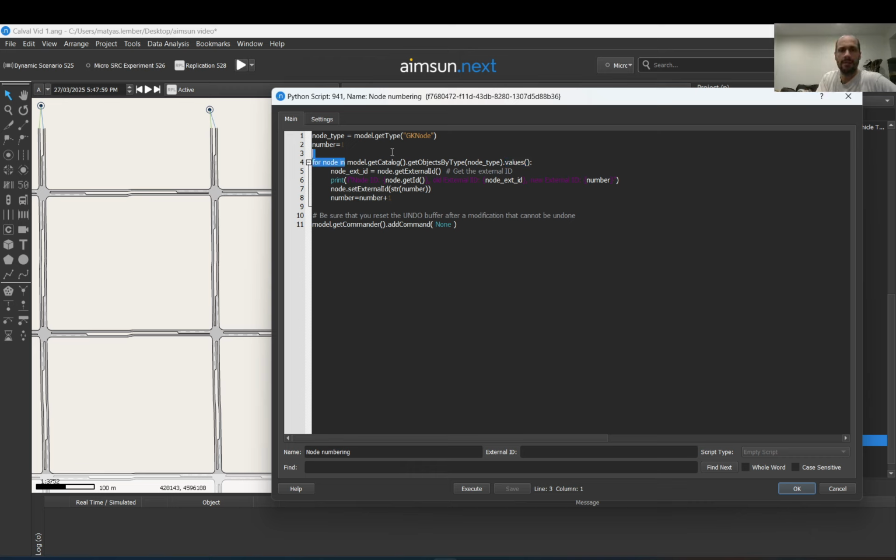And it creates a pool of all the nodes. And "for node in this pool" means that I just cycle through, I loop through every single one of them. In every loop, node will store one node object. Then when I go into the loop,